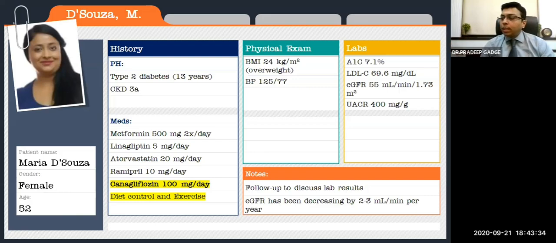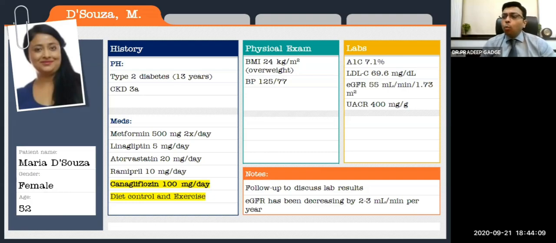So what I mean to say is just pharmacotherapy is not important. Start from salt reduction, proper diet, and then gradually go on to things like correction of anemia, cessation of smoking, and the whole lot of other parameters. Also, you should not forget to tell these patients to strictly avoid NSAIDs and dehydration, and in case they have loose motions or anything, they should immediately seek the attention of a doctor. All these things have to be told to the patient.